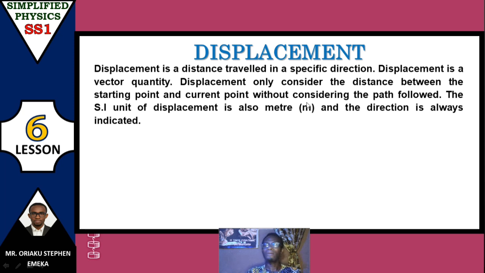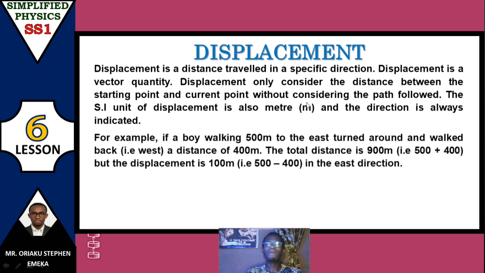But mind you, for displacement, direction must always be indicated. For example, look at this example. A boy walks 500 meters to the east, turns round and walks back west, a distance of 400 meters. Now the total distance this boy walked is going to be the addition of these two, because distance calculates all the paths that this boy walked, which is 500 meters to the east plus